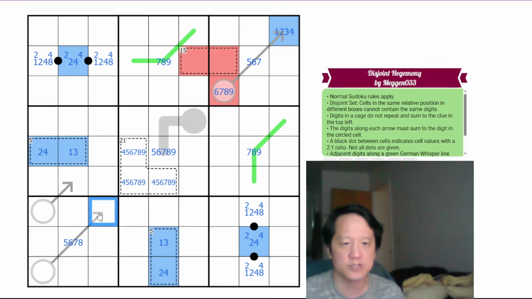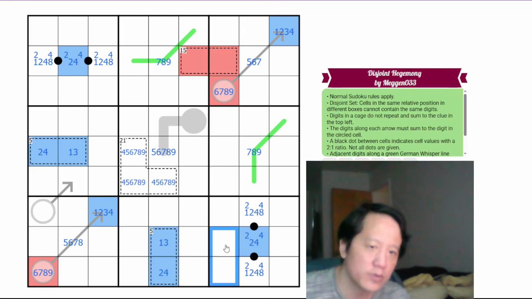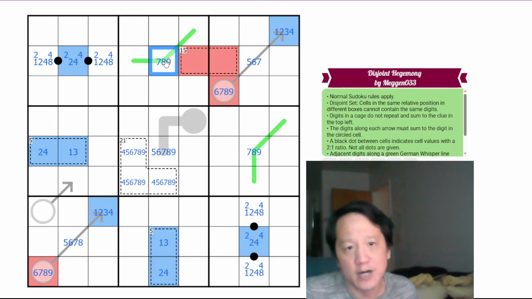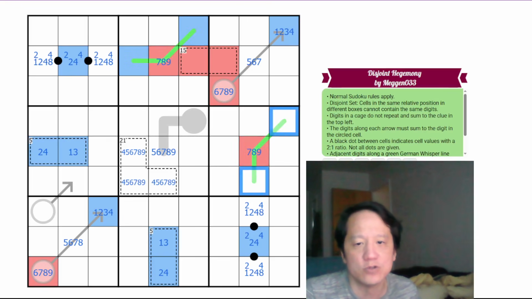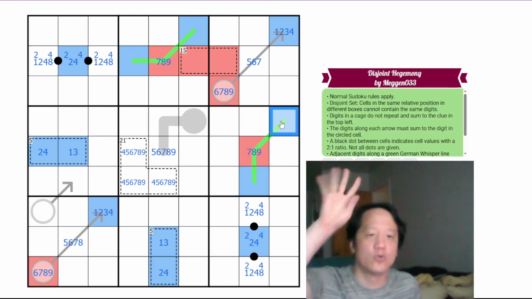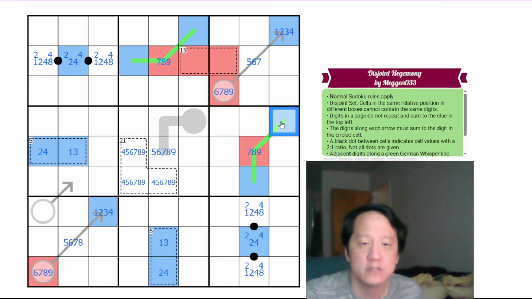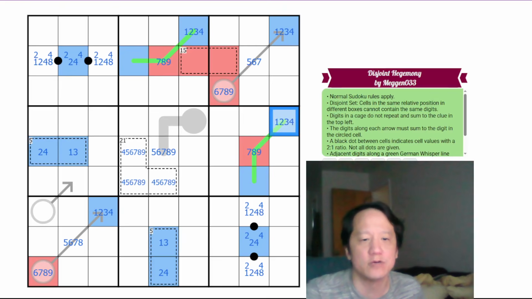So this is 5, 6, or 7, which again forces this to be 1 through 4 to add up to 6 through 9 here, which is also a high digit. 7, 8, or 9. Again, you'll alternate between high digits and low digits on a whisper 5 line. So this must be high, which is next to 2 lows. These are next to 2 lows. We have 4 low digits in the upper right-hand corner of boxes. So these have to be 1 through 4, which means the rest of the digits in the upper right-hand corner